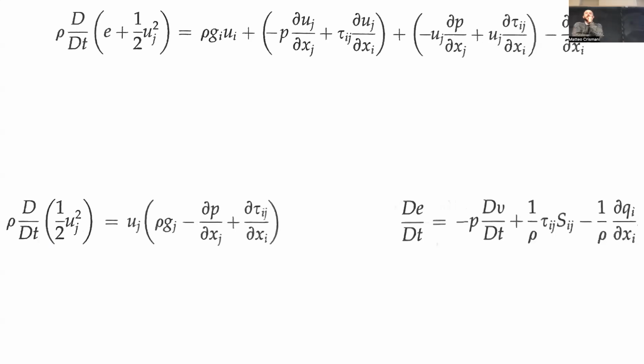Okay, interesting. Let's move on from this one. We'll see where it goes later. What does this one do? That is the viscous force. Good. Or viscous work, sorry. And what's this last one? That is the heat flow.